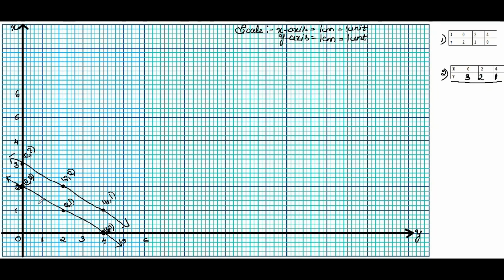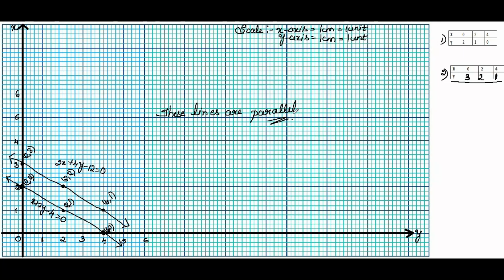You write the equation here. The first equation is x plus 2y minus 4 is equal to 0. This is the equation of the first line. And the second equation is 2x plus 4y minus 12 is equal to 0. So this is the equation for the second line. So we can see it clearly. The two lines are not touching each other. So it is a parallel line. So you have to write here: these lines are parallel.